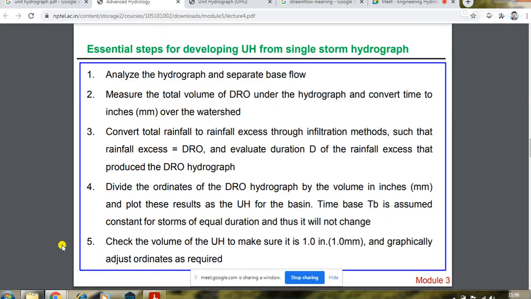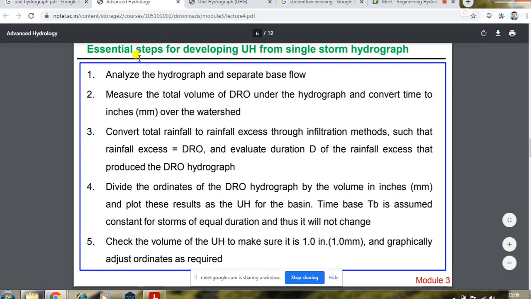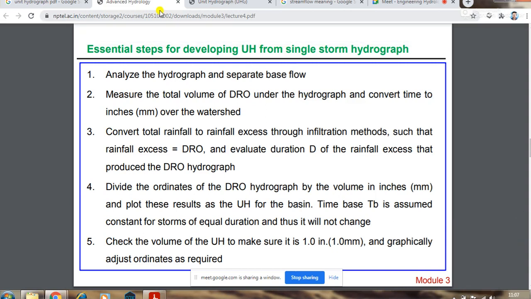Now what they have said is the essential steps for developing a unit hydrograph from a single storm hydrograph. So first of all, analyze the hydrographs and separate base flow. After analyzing the hydrograph, we will have to separate the base flow. Then measure the total volume of direct runoff under the hydrograph and convert time to inches over the watershed. So we have to measure the total volume of direct runoff, then convert it to inches